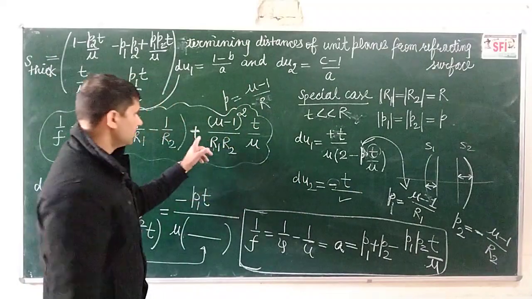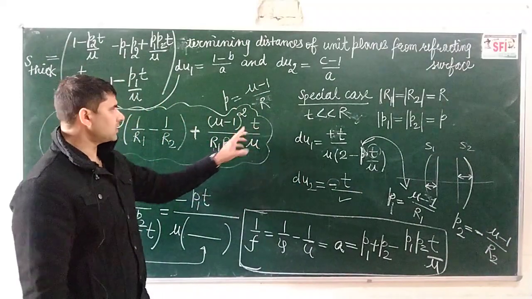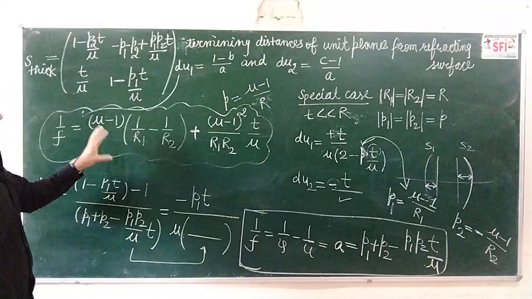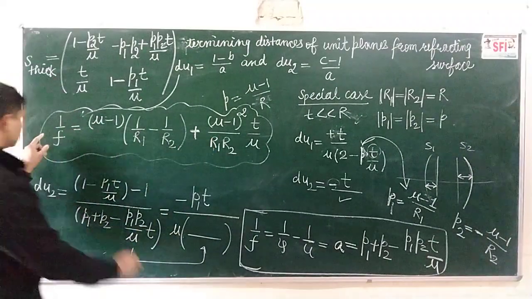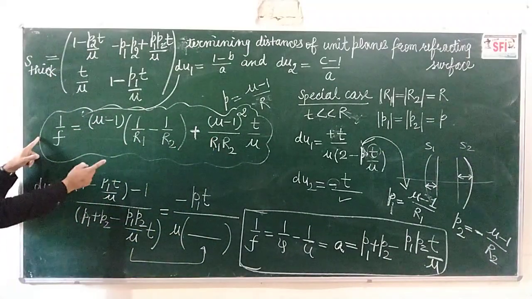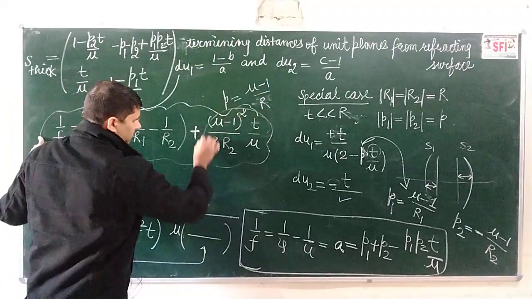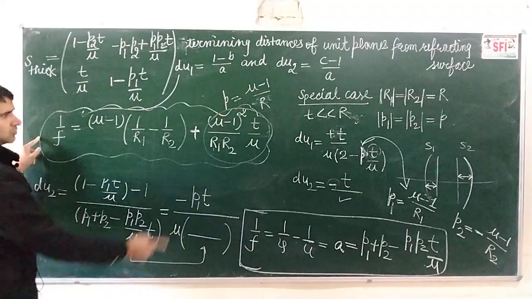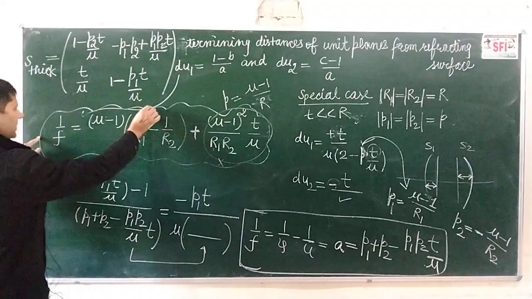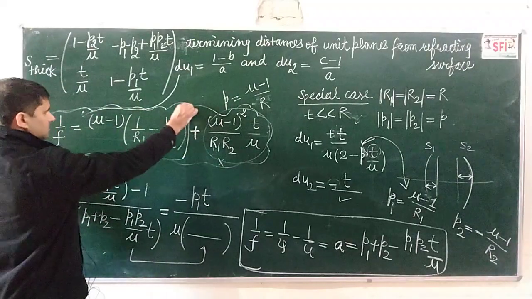One more thing, here you have T. If you are to find the relation of the thin lens formula, then you can apply the limit T tends to 0, then this factor will become equal to 0, or you can neglect it. And you are left with this relation, which is the